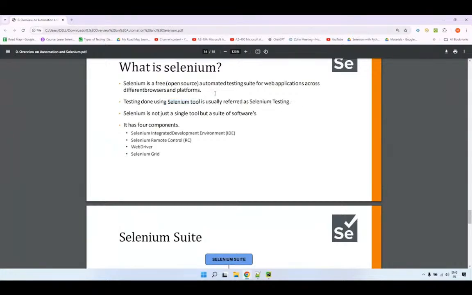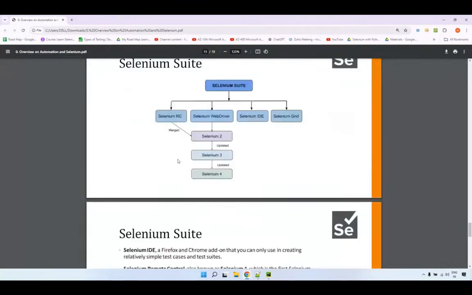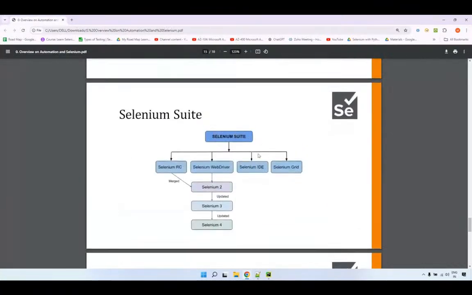As I have said, Selenium is not a single tool. It's a combination of tools. Selenium IDE, integrated development environment, remote control RC, WebDriver. So 99% nowadays, all the companies are using this as WebDriver. And we also have Selenium Grid. So if you see this hierarchy, Selenium suite at the very beginning has 4 components: RC, WebDriver, IDE, Grid. From the Selenium 2 onwards, RC and WebDriver has been merged, and we have Selenium 2, Selenium 3, and Selenium